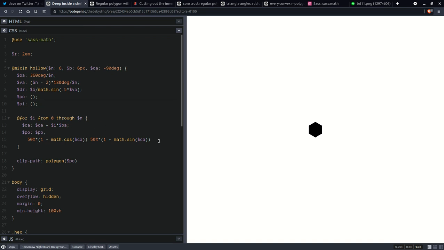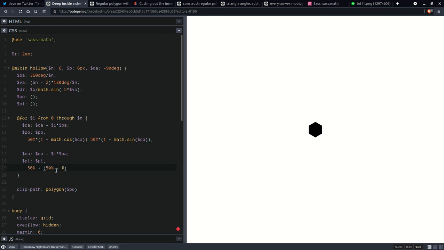Okay, so the current angle in this case is going to also be the offset angle, but we go in the opposite direction, so it's going to be minus i times the base angle. Okay, and the inner list of points is going to be its previous version, and then we're going to have, again, the coordinates of the center along the x-axis in this case, and then we're going to have 50% minus the radial